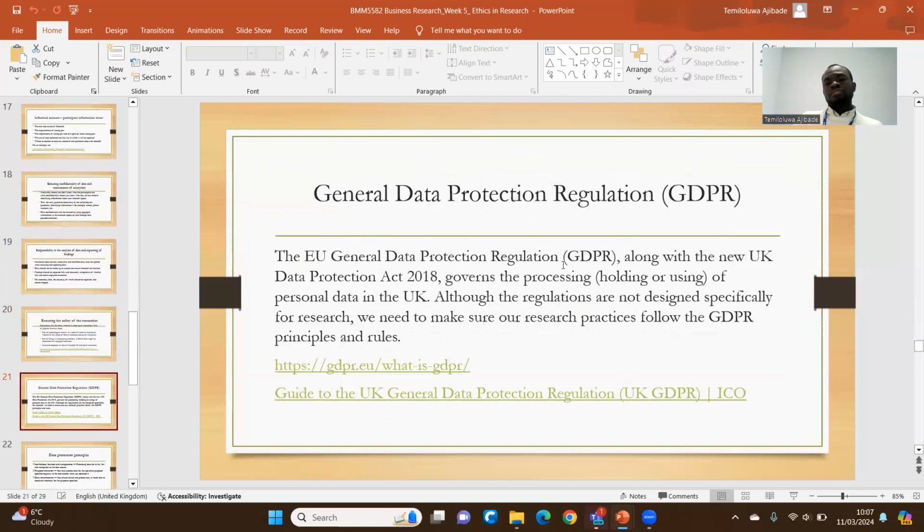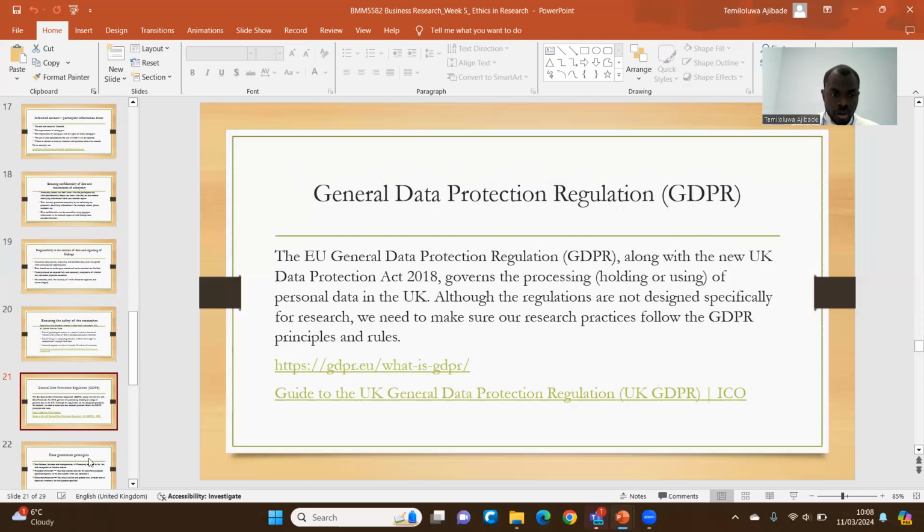Okay. Another thing is, remember we mentioned this GDPR. The meaning is the General Data Protection Regulation. There is a general data protection regulation in the UK. That's where we have the EU, and then we have the UK as a 2018, which governs the process of holding or using personal data in the UK. Although these regulations are not designed specifically for research, in research practice, we need to follow these rules, these principles of GDPR, so that we would not put ourselves in trouble,